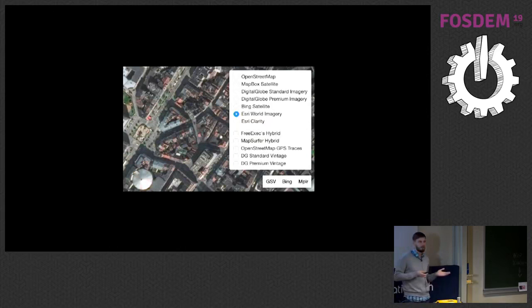And we have a lot of vector data, like building footprints for all of the United States, thanks to Microsoft, road network for Netherlands, thanks to AND, and a lot of local sources for data. So there are so many sources that you basically can draw anywhere on the map.